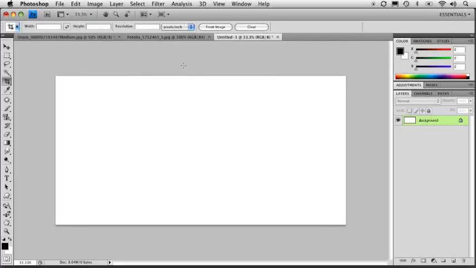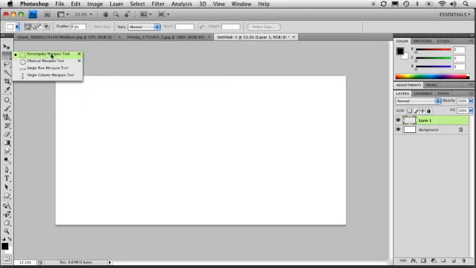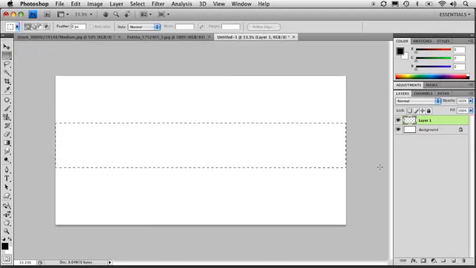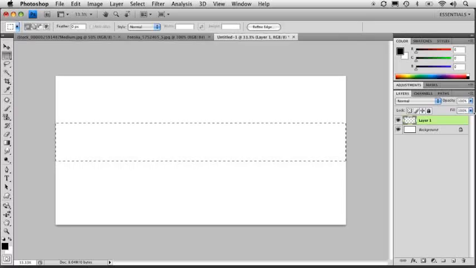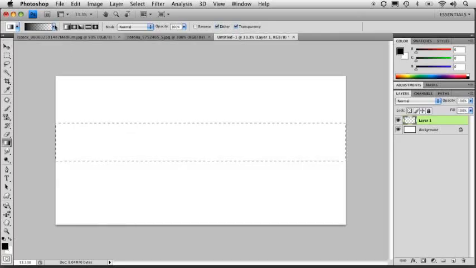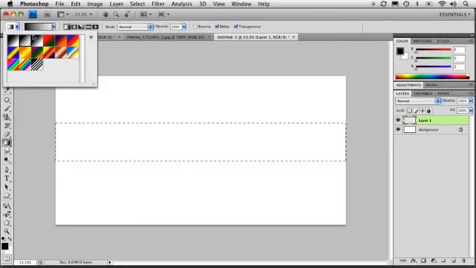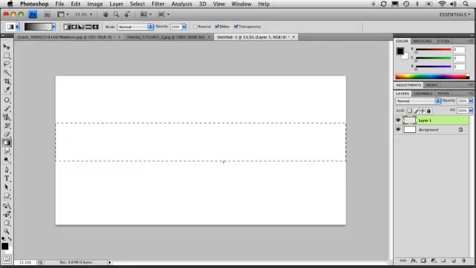So, I'm going to create a brush, but I want to do it in a very unique way. I'm going to go ahead and create a new blank layer here, and I'm going to take my rectangular marquee tool, and I'm just going to draw a selection the length of the document. And not very tall, just about middle, right in the middle there. Then I'm going to grab the gradient tool over here, making sure we got black set as the foreground color. And again, making sure we're using the foreground to transparent gradient. And using the linear, of course, the very first gradient here,